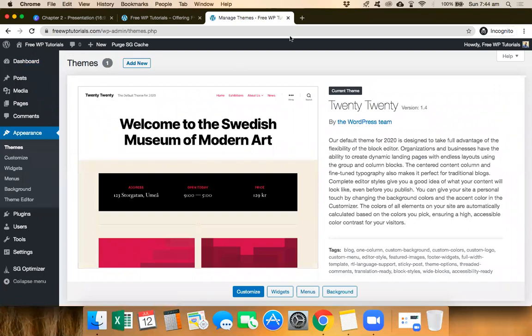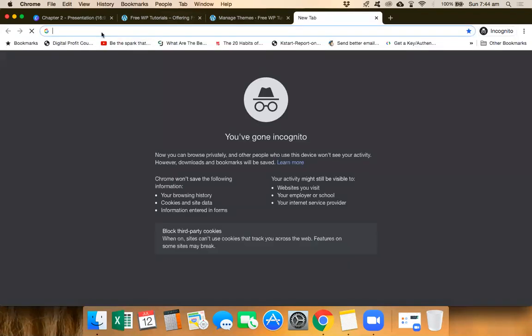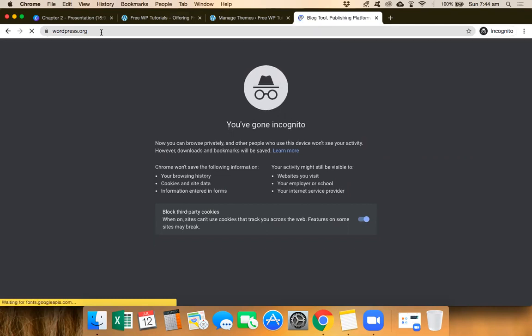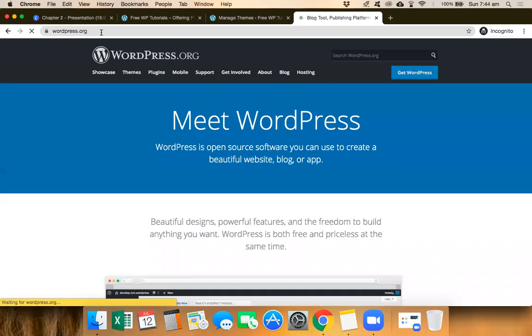Now, I did mention on the WordPress website also that there's a huge repository of themes that you can use. I think there are well over 7,000 odd themes available for you free of cost. Now, what are themes? Themes are basically the skin of the website, your entire layout, the look and feel, the colors, the fonts, the layout in a gist.